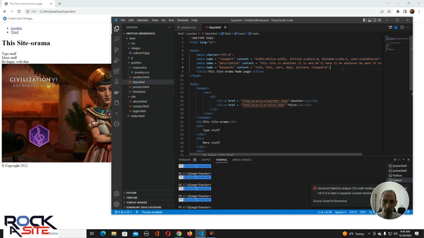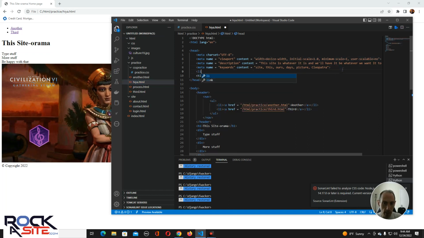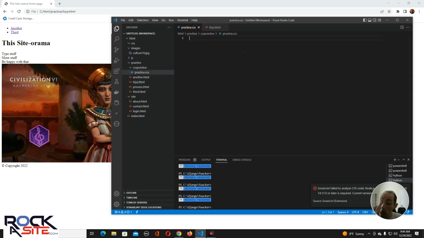Let's go in here and let's go link rel equals stylesheet. So you tell it what it is. href equals, I think we can just go like this, CSS practice, that's easy. And from there, since we're referencing the folders within, I may have to, no, I think we're okay. From there, in the practice.css, what we can do is,